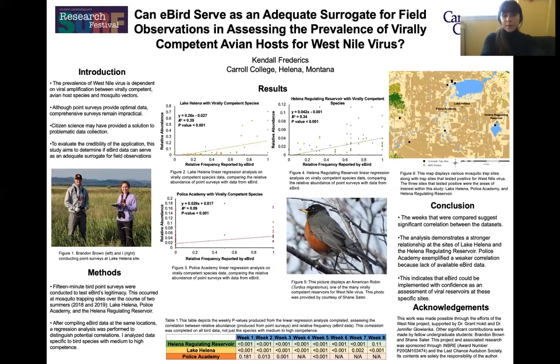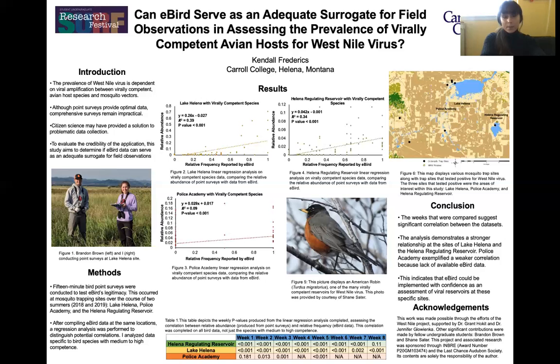So, in order to do this, point surveys must be conducted. And although point surveys remain optimal, comprehensive studies across the entire state of Montana remain impractical. I mean, if you think of it, Montana is extremely large, and in order to conduct surveys at every location in which we are receiving positive results for West Nile, it's extremely unlikely because it would be extremely intensive and